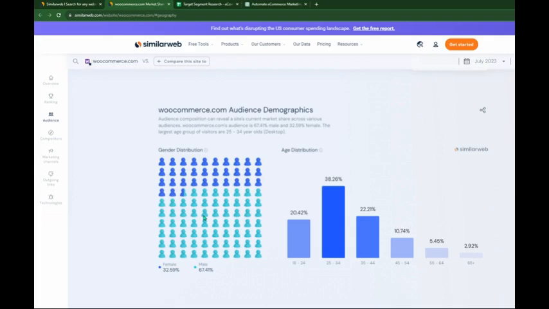And so those are different angles that I can come up with based on looking at these and say, you know what, there's a lot of men in this. They might be more interested in what, right? And you might have to find that out. You might not know what it is. You might have to just play with it and test. But at least we can say, so WooCommerce is